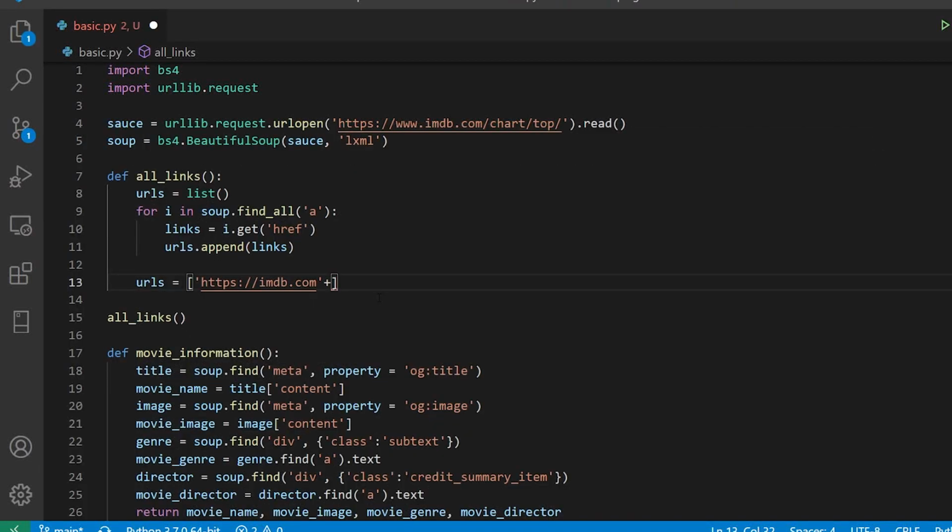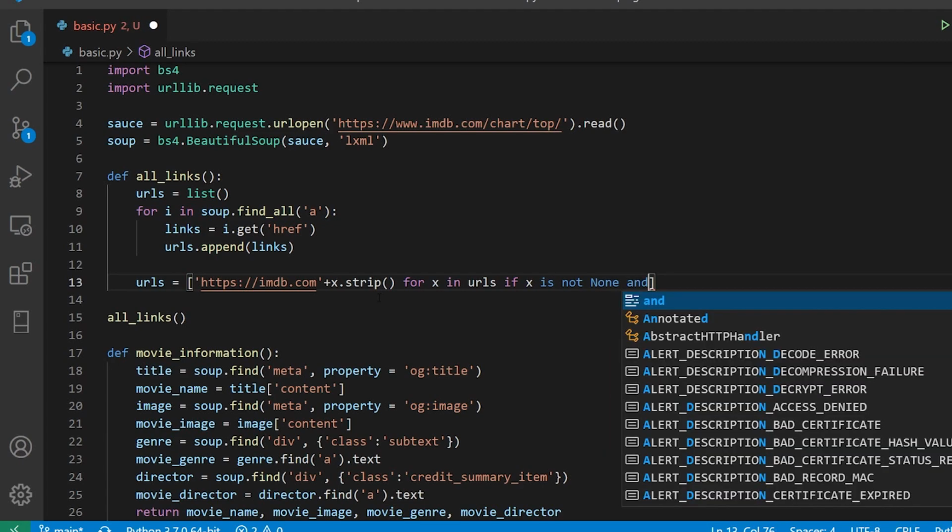So what I'll do here, I'll say plus x dot strip. All right, so the code might seem confusing, I'll explain it. So x dot strip for x, so this is the way we do the list comprehension, for x in urls. Okay, for x in urls. So if x is not none, and we don't want it to be a none.